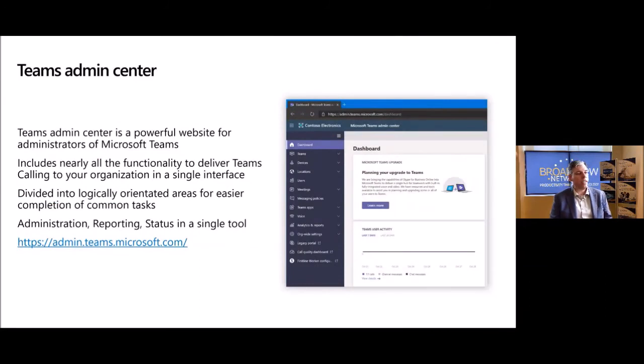Now, I mentioned earlier the Teams Admin Center. It is a browser-based full control of the Teams phone and meeting capabilities system. You go to the admin.teams.microsoft.com site, or go to it from your regular Office 365 admin center, and in here you configure your devices,